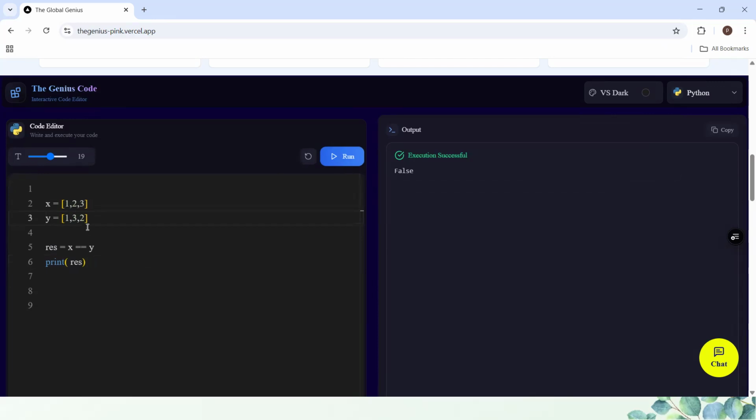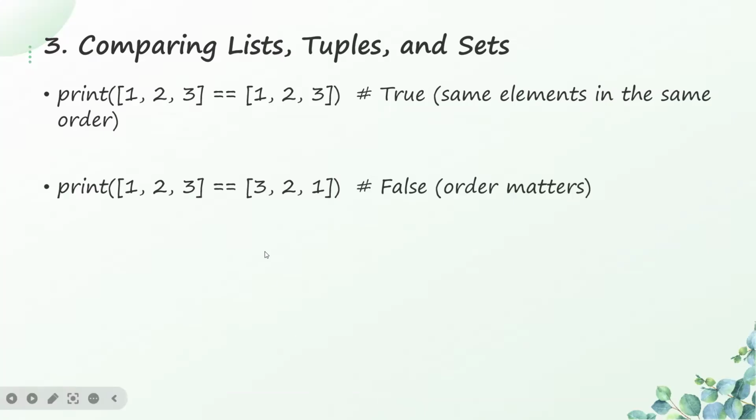Do you understand? Now, even if they are in the same order, and then I add 4 here, they are no longer the same because the first one has just 3 elements and the second one has 4 elements. This S does not have 4 in its list, so it will also be false. They are not equal. Whether the same elements or even in the same order, they are never equal. So they still give us false. Okay. So this is for list. The same thing applies to